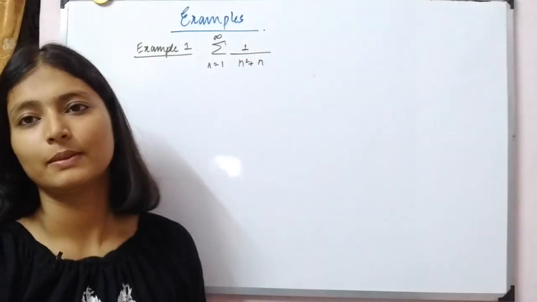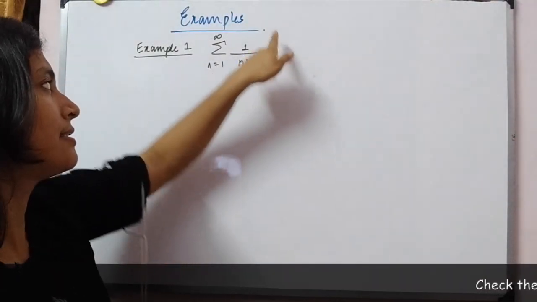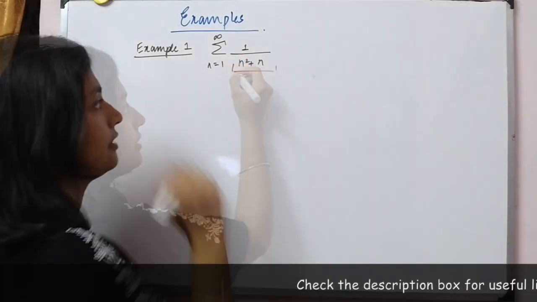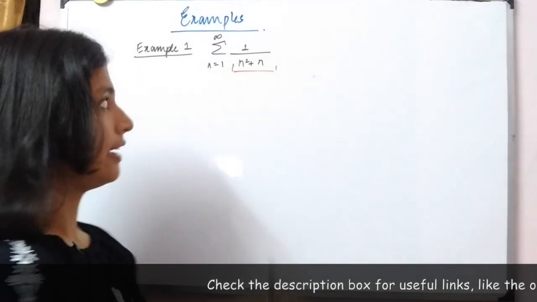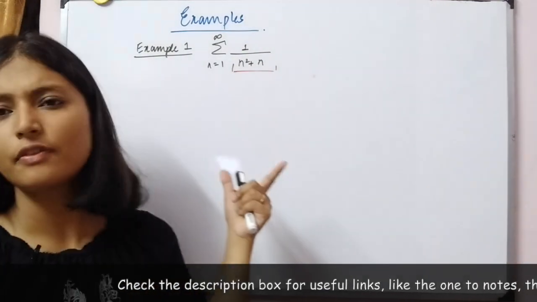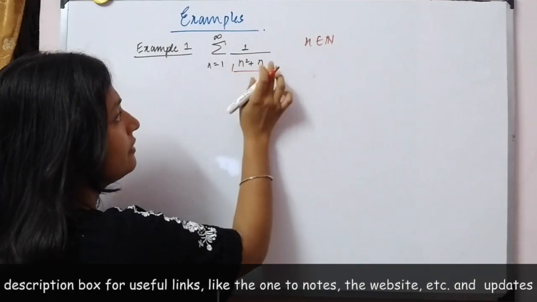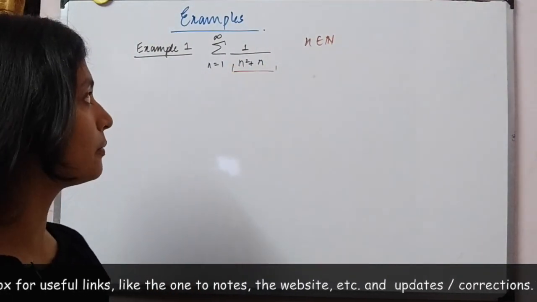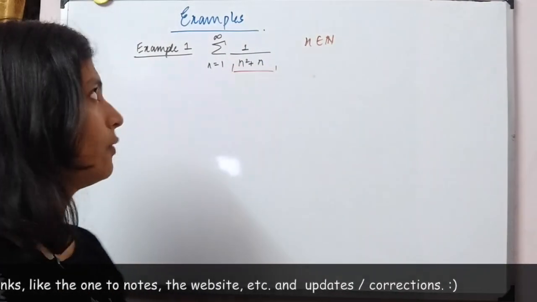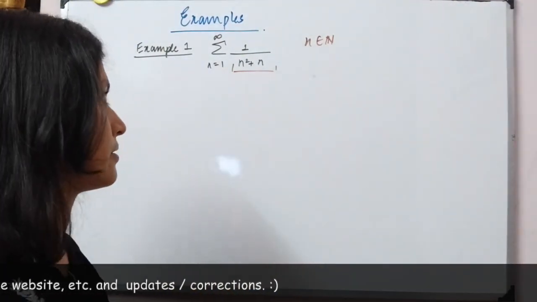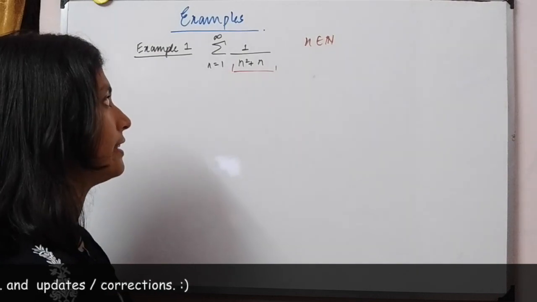Let's see this example. Can you clearly see that the nth term that is given over here is a decreasing sequence in itself? Exactly, it is decreasing. It's positive. Why? Because n belongs to a natural number. So it's positive. It's a decreasing series, monotonically decreasing. So we can obviously apply the result that we had just studied, that is the Cauchy integral test, to check its convergence. Let's move ahead and apply the test.